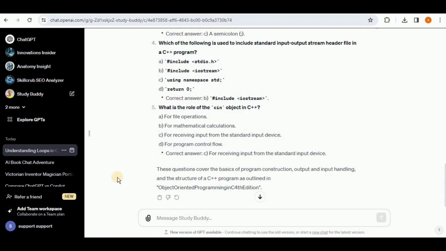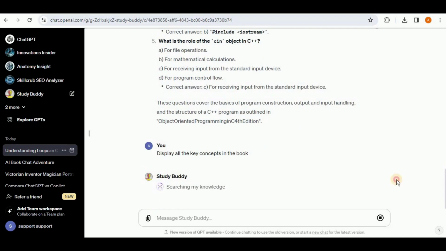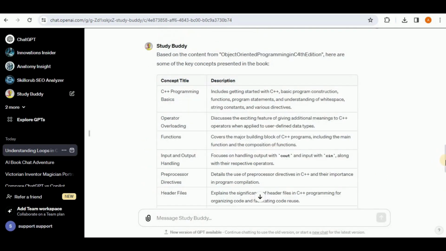Now let's go ahead and test our last feature, which was to see if it is able to list down all the key features in the form of table or not. So for that, I'm going to prompt it, display all the key concepts in the book. Hit enter and wait for it to generate the response. It is going to take some time for generating the response because there are a large number of concepts present inside the book. Alright, so the response is generated, and you can see that based on our instruction, it has